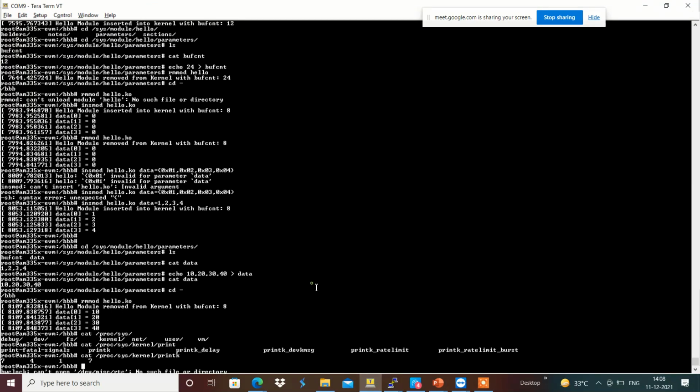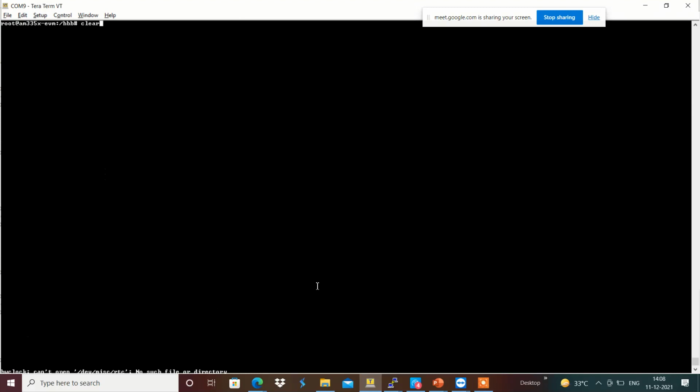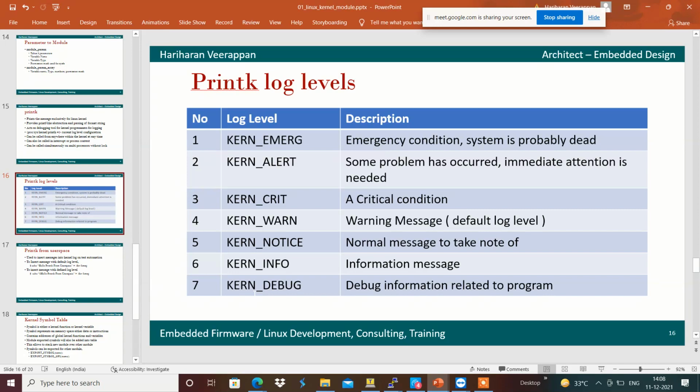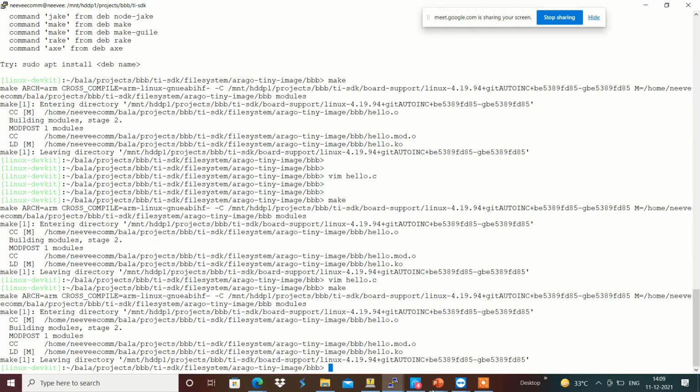Now I'm going to clear. Currently the kernel printk level is 7, which means that KERN_DEBUG, which is 7, and all log levels less than or equal to 7 will get printed in the system. Because of that, we will be getting all the information over here.